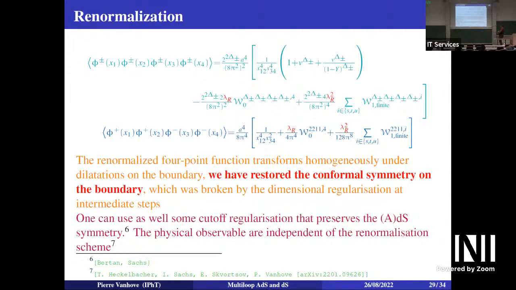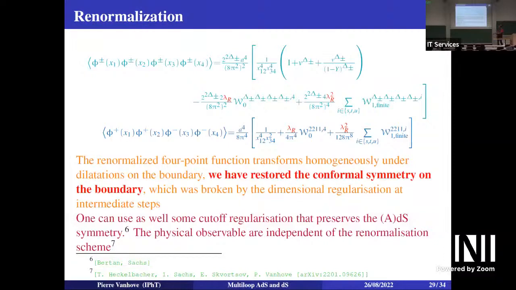So everything is totally fine, and we have a consistent scheme. I've explained how it works at one loop Witten diagram, which means computing this two loop flat space like diagram,